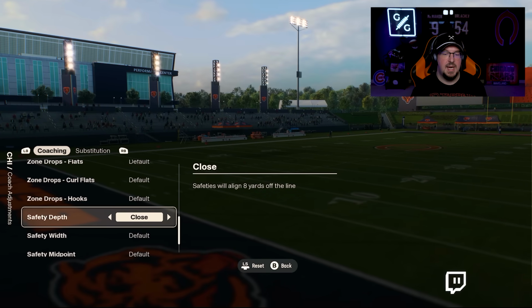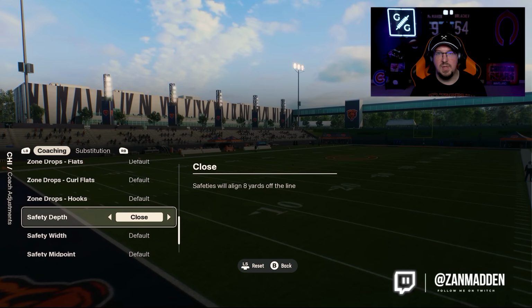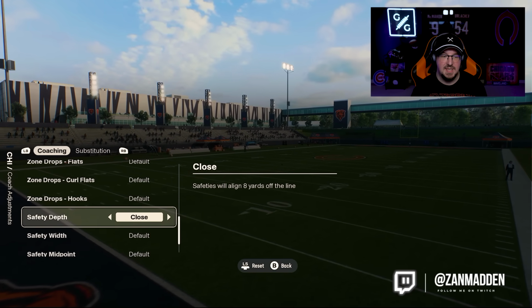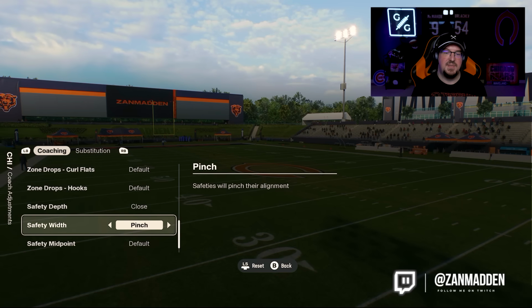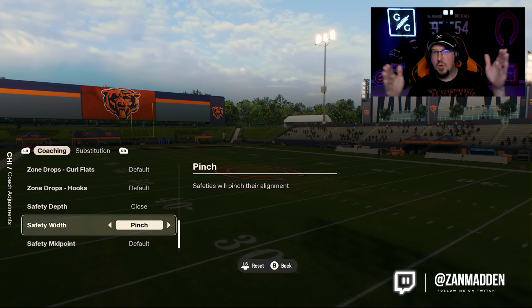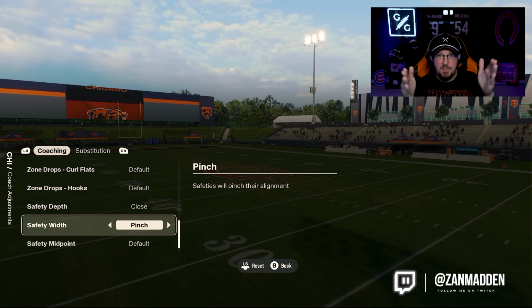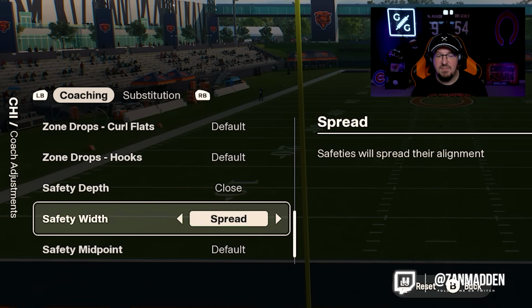Now, from an online perspective, pretty much every Madden Pro or knowledgeable player that you will face online is going to set their depths for their safety to close. This is going to make sure that they align 8 yards off the line of scrimmage, which is huge when you're talking about people that like to hike throw those pesky seam routes in the game. A lot of players will also go to their width and they will set their safeties to pinch. This is going to make it so rather than playing closer to the numbers outside, they're going to pinch in towards the hash marks. For the purpose of this video today, I'm going to actually leave this set to default,